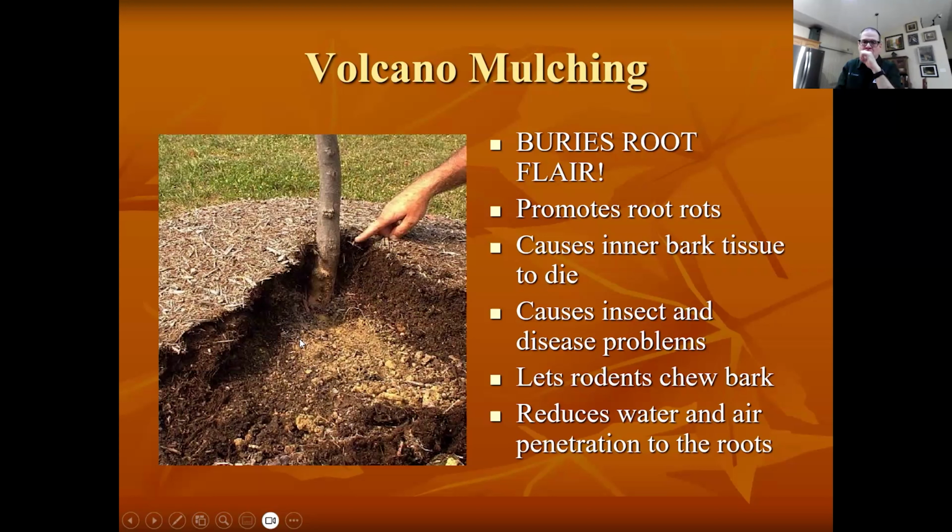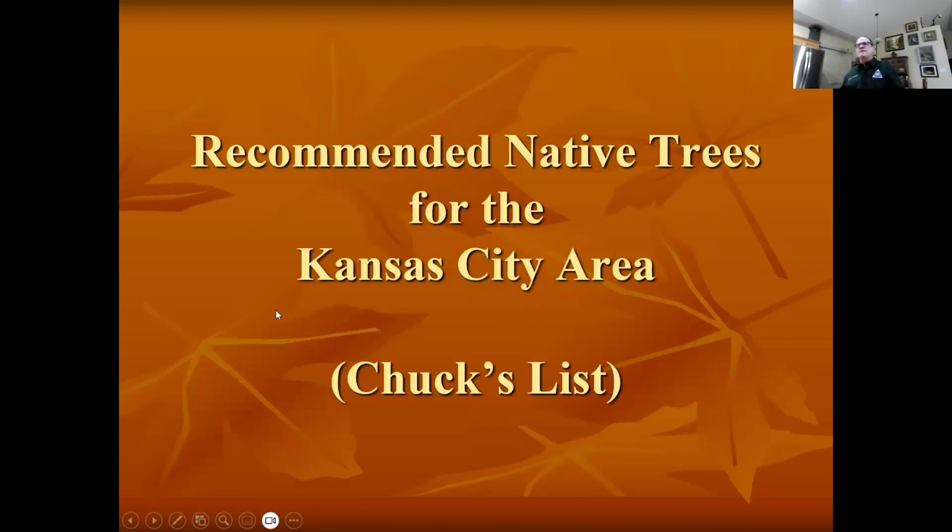So what you want your mulch to look like is a donut, not a volcano, okay? 2 to 4 inches deep. The farther out you go, the better it is for the tree, the faster it'll get through transplant shock. And again, 2 to 4 inches deep, go far out, the farther the better. I like 6 feet in diameter, so a 3-foot radius around the tree, and then 2 to 4 inches deep. And I like double ground hardwood or cypress mulch is what I like.